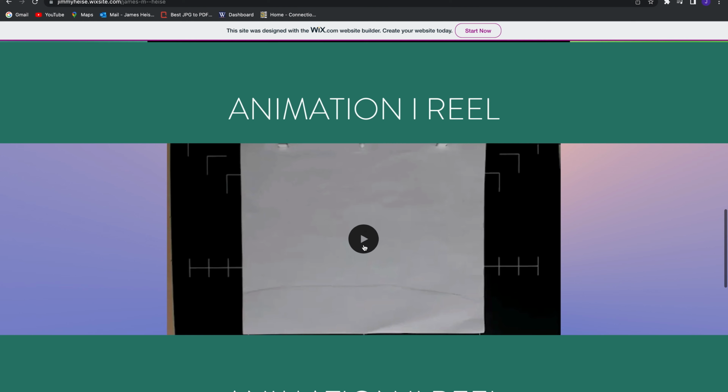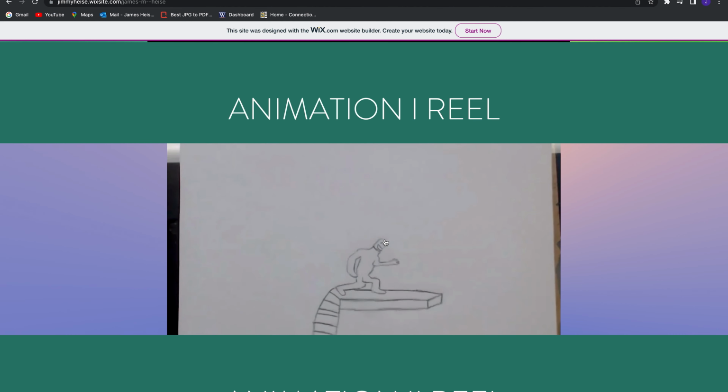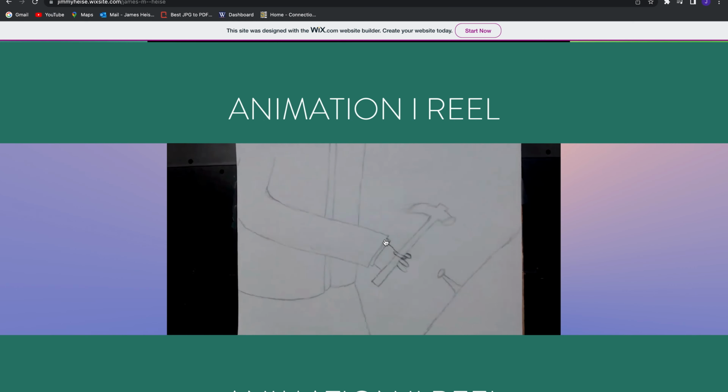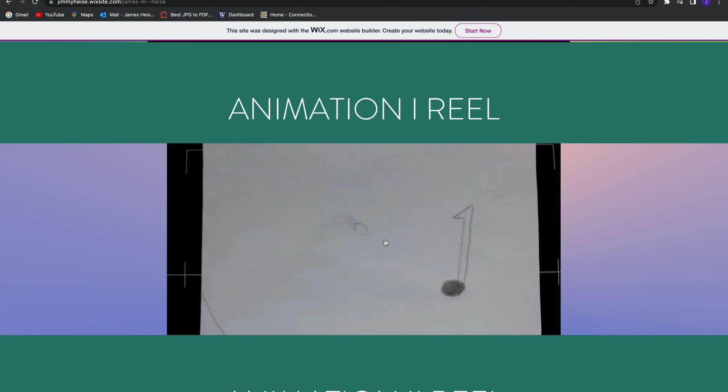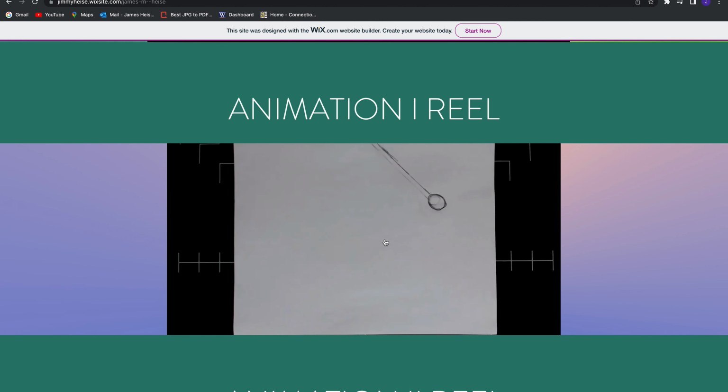And now here we are to a little more refined work and less weird. Here we are with Animation 1. Principles of animation: we got squash and stretch on the letter D, anticipation, staging, straight ahead, pose to pose drawing methods, overlapping action, arc movements,